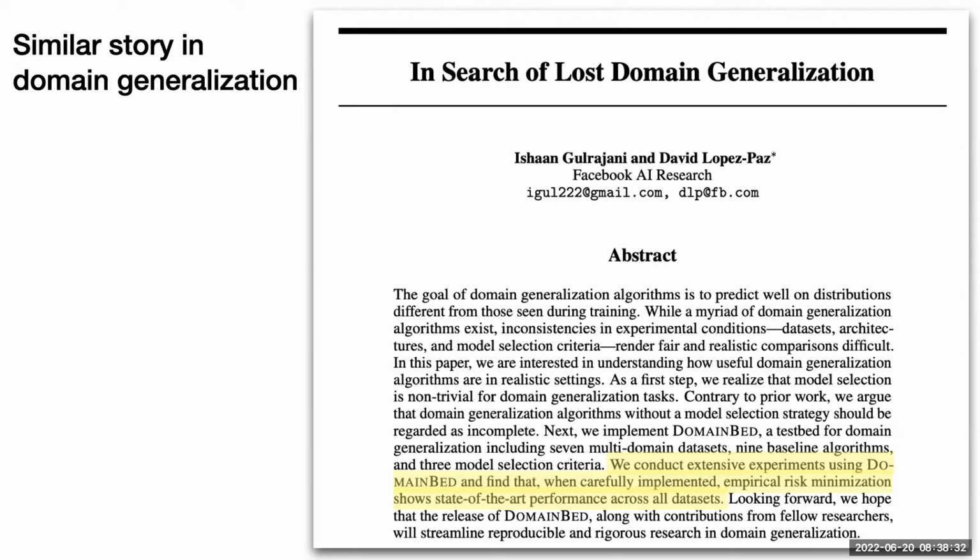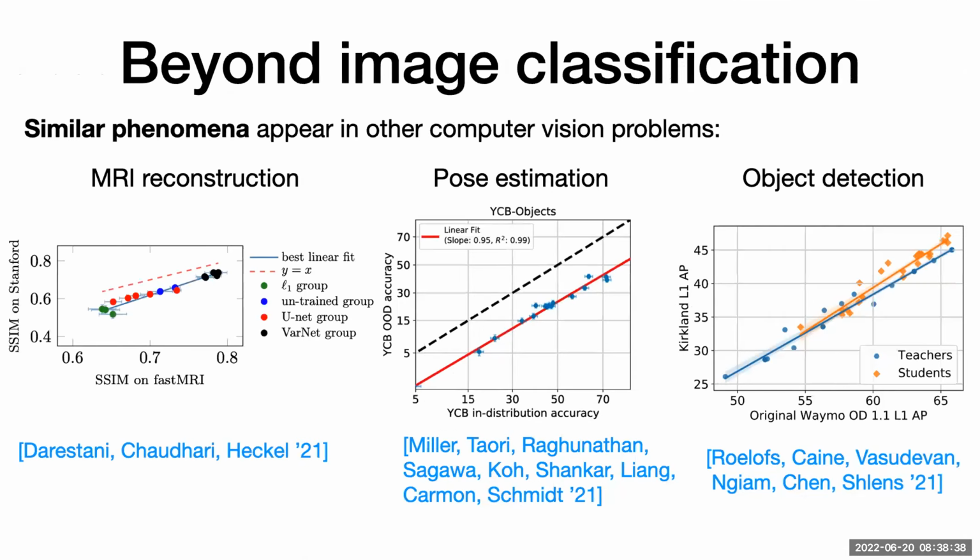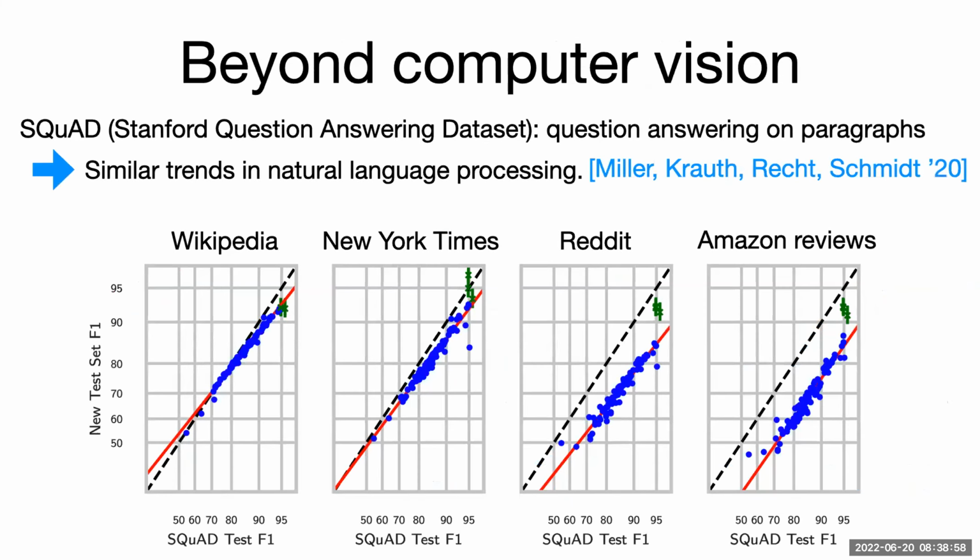And again, they also worked in image classification, and there's a question, what happens once you go beyond image classification? Other researchers have looked at similar phenomena in MRI reconstruction, for instance. We looked at it in the context of pose estimation. Other research, again, looked at it in the context of object detection. Overall, it seems like these trends hold more widely beyond image classification and actually also beyond computer vision. So in another paper during my postdoc, we looked at natural language processing, specifically question answering and the SQuAD data sets, basically also constructed distribution shifts for these data sets, and then overall the trends are similar. In the interest of time, I'm not going to tell you about more of the details there.